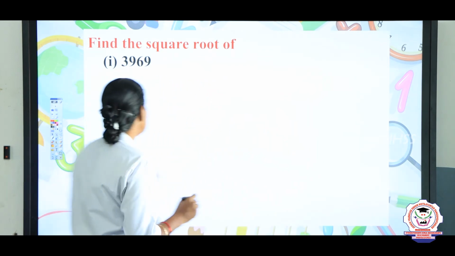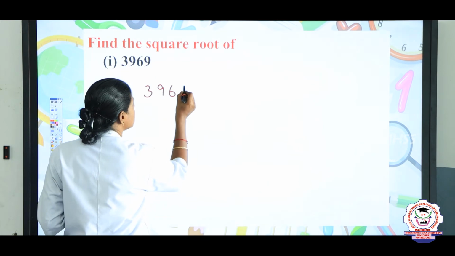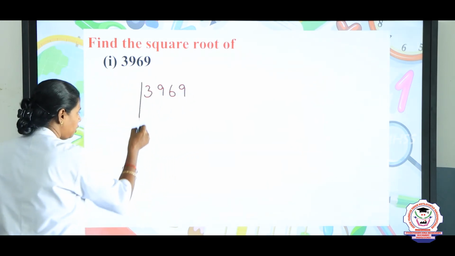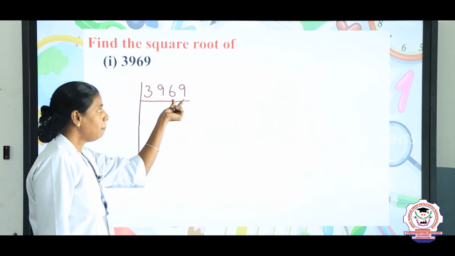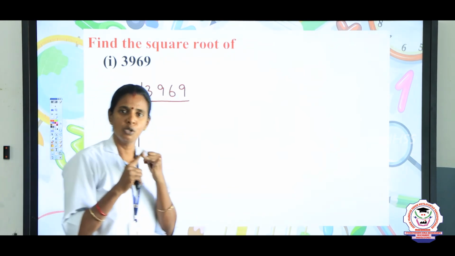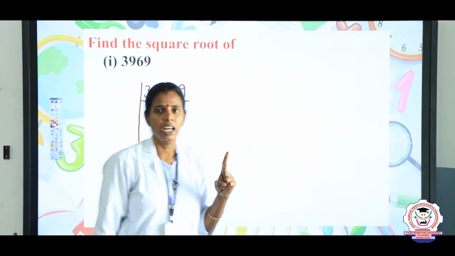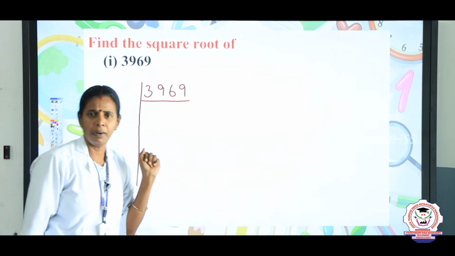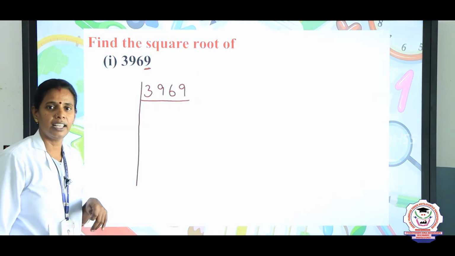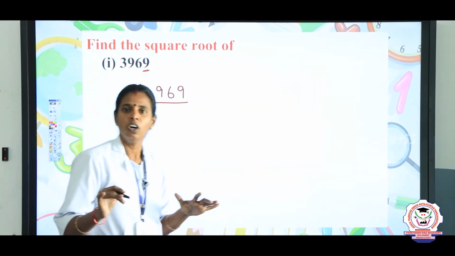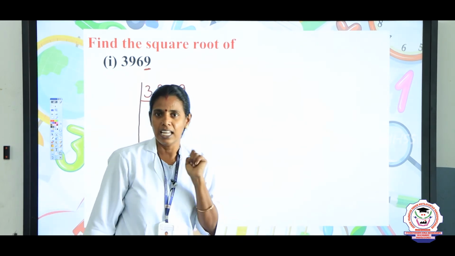Okay. See, first we will take 3, 9, 6, 9. We are going to find the prime factorization of this. When the number ends in 0, 2, 4, 6 or 8, it will be divisible by 2. See whether the number ends in an even number. No, the number in the ones digit is what? It is 9. So, it is not possible to take the 2 table. Okay. Next to 2, the prime number is 3, right?